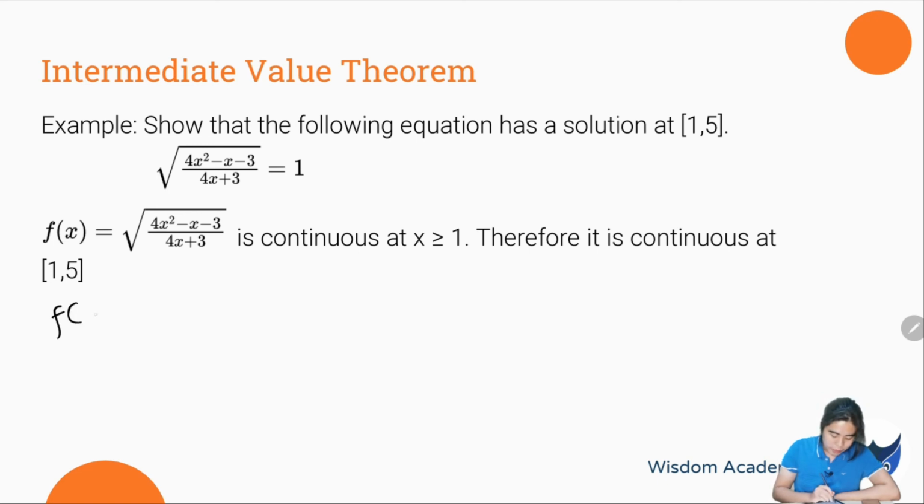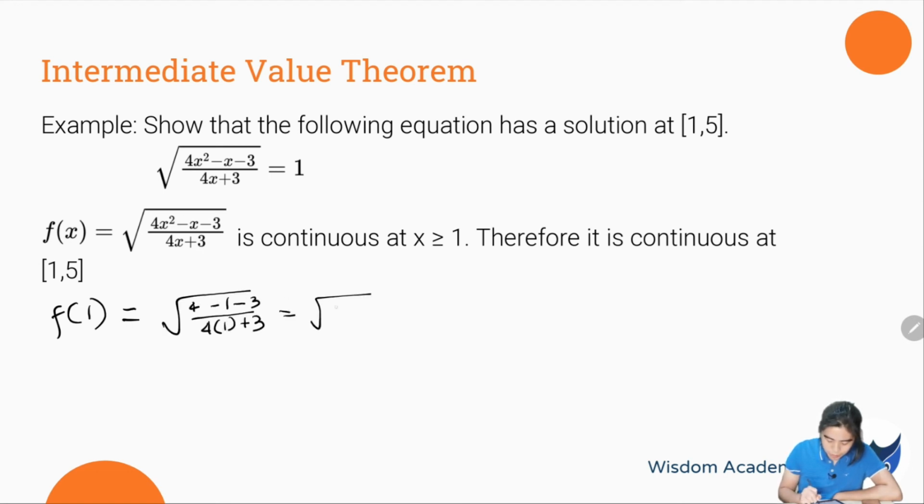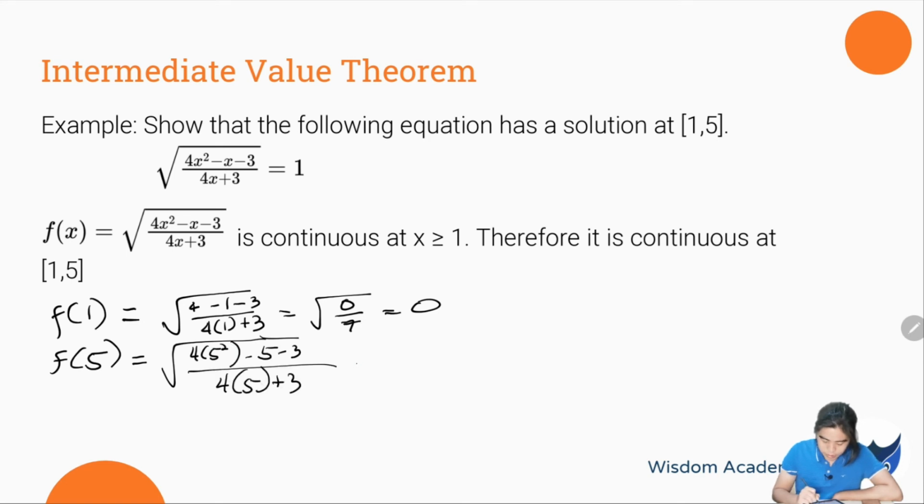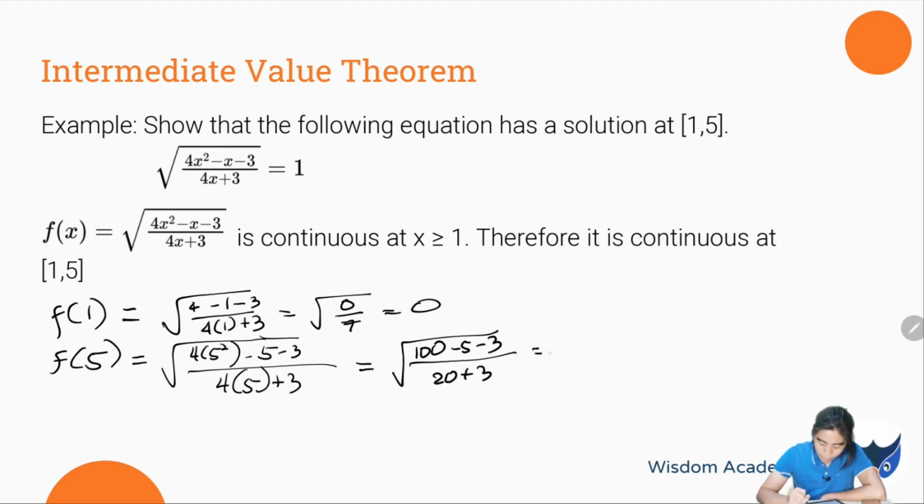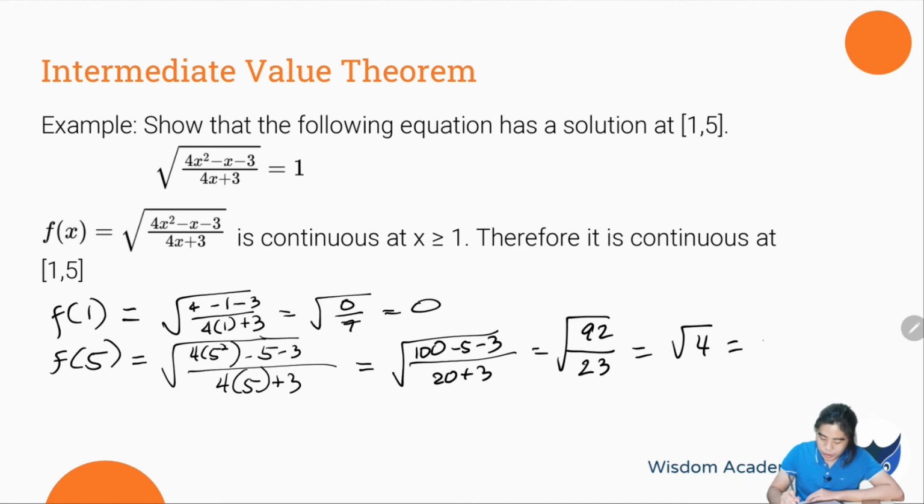So, we will find f of 1 muna. So, f of 1 ay, so this will be equal to square root of 0 over 7 equals to 0. Ngayon, f of 5 naman. So, this will be equal to, so this will be 92 over 23, which will be equal to square root of 4 will be equal to 2. Okay. So, since f of 1 and f of 5